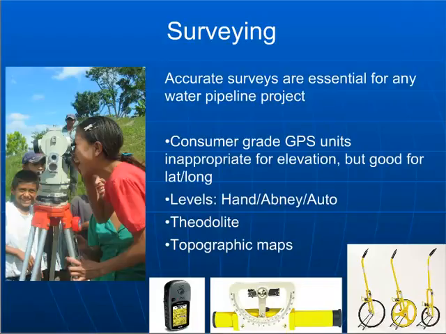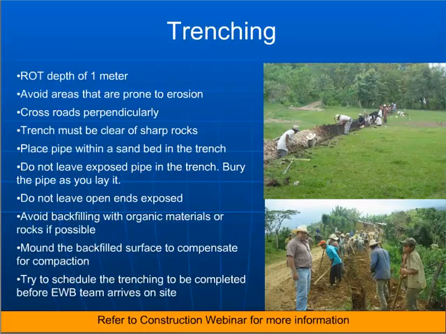But then if you want good elevation data that you're going to use to actually design the system, that typically involves some type of field measurement. So using a hand level, an A-frame level, or even an automatic land surveying level or a theodolite is usually going to be necessary to be able to complete the design of the